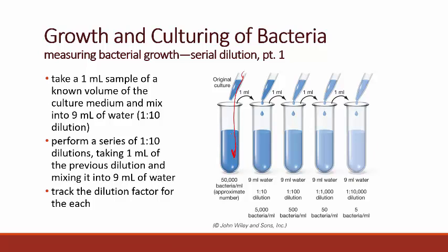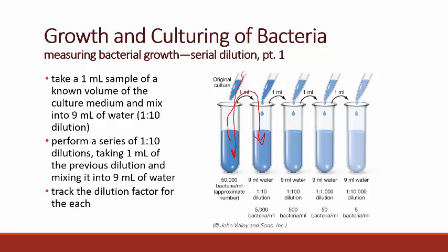Mix that up. Take a 1 ml sample out of that and put it into the next tube that's all set up with exactly 9 milliliters of water. So you got to be super careful that you use exactly 9 milliliters each time. And there are special pipettes, they're called, that produce a very repeatable volume. So you keep doing these 1 to 10